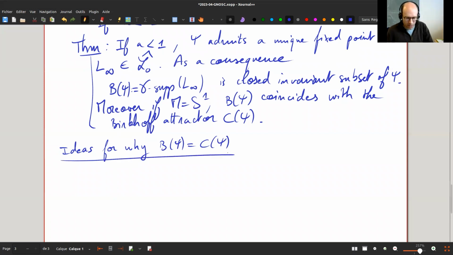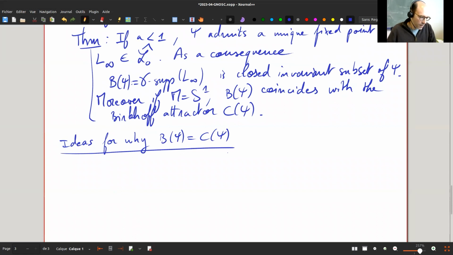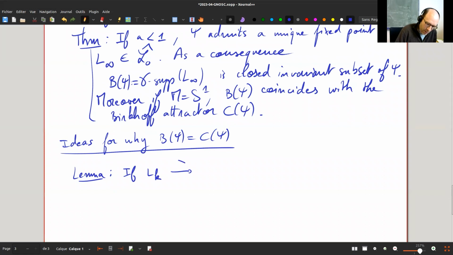I won't give the whole proof, but just some ideas. There's an important key lemma, a general fact about the gamma support: if we have some smooth Lagrangians L_k which gamma converge to some L which belongs to the completion,